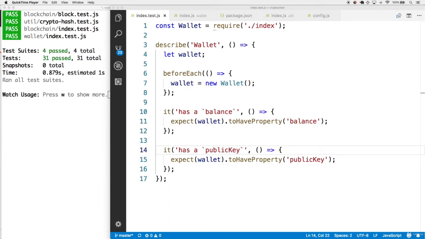Hi. Previously, we added the balance and public key fields to the wallet. Next, we should make sure this wallet can sign data. Furthermore, while we're at it, we're going to make sure that the wallet can verify the signatures of other wallets. After all, we don't want to accept any transactions unless the actual underlying wallet gave it a proper signature with